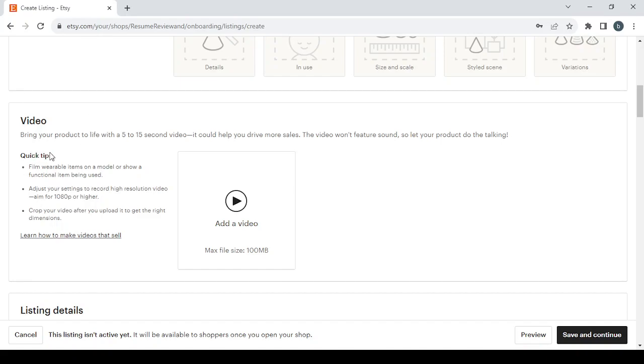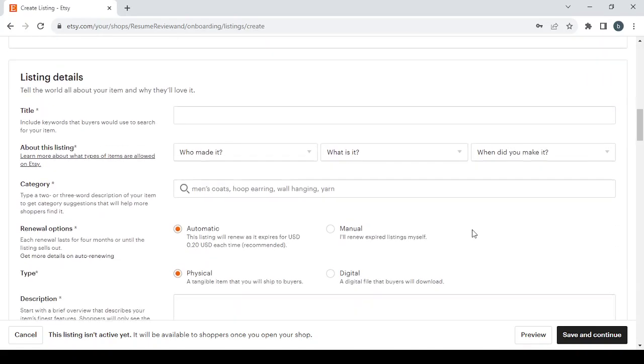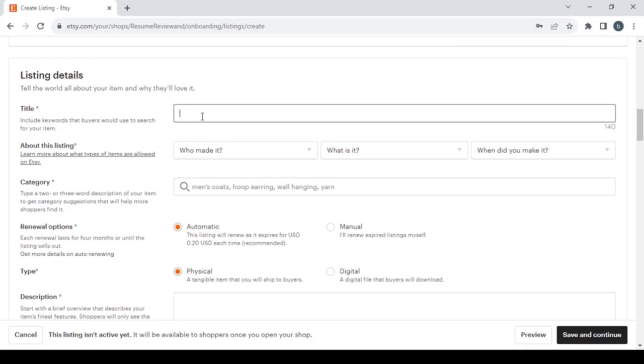Here just follow these quick tips: film wearable items on a model or show a functional item being used, adjust your settings to record high resolution video in 1080 pixels or higher, and crop your video after you upload it to get the right dimensions. And if you want to learn how to make videos that sell, just click on this link. Then you move on to the listing details, and here